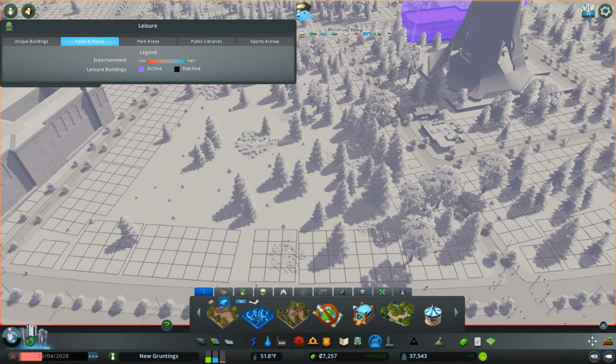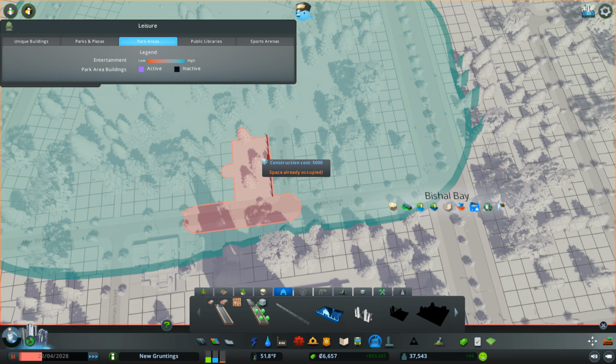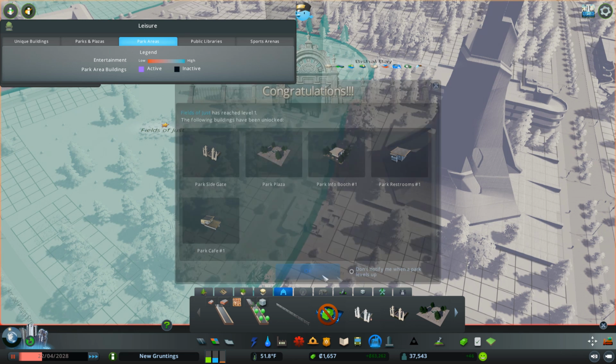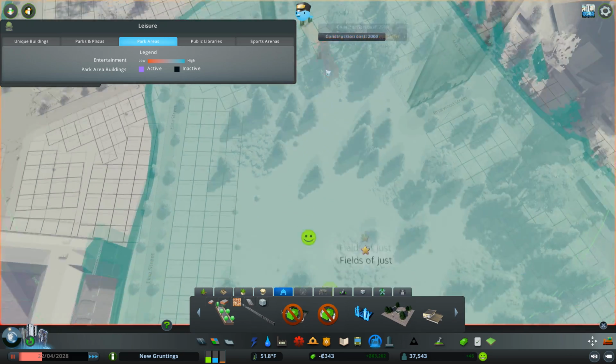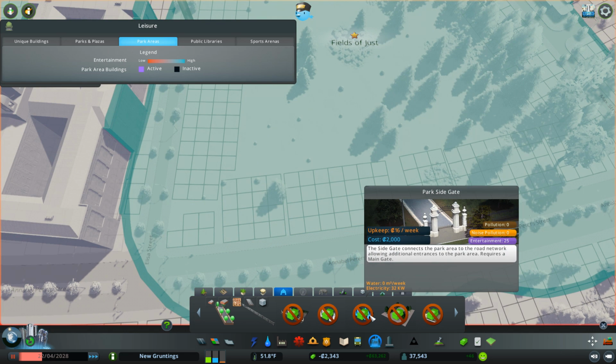Now, let's see. What's involved in setting up a nice little city park? There we go. Something like this. So we can set up a main gate, probably right along here or something. There we go. We unlock the side gate, a plaza, photo booth, restrooms, cafes, and so on. Beautiful. And just like some of the major parks you see in a lot of other big cities like Paris or New York, we could set up some nice little side gates. Though it looks like you're only allowed to have a couple...